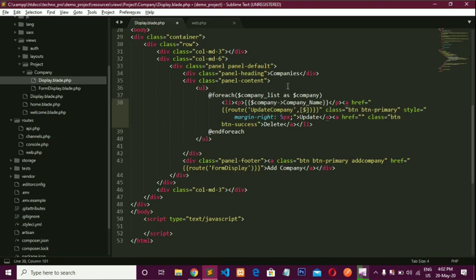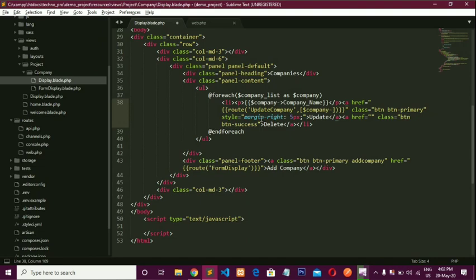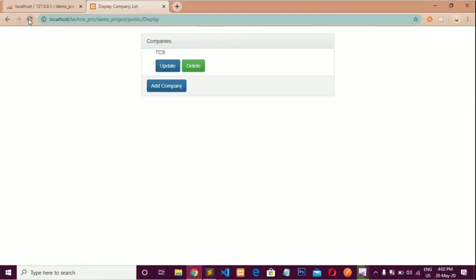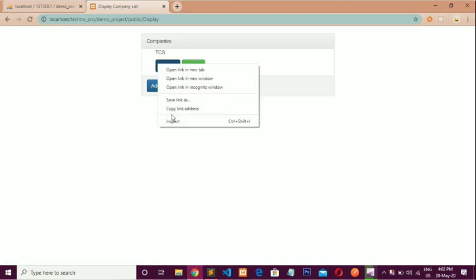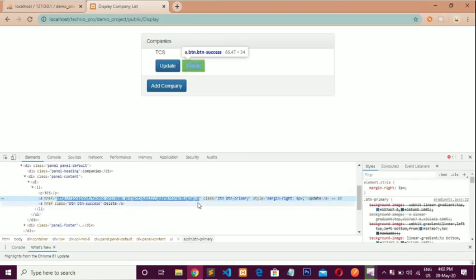Here we need to pass id, so company and id. Now save, go to our browser, refresh and see in inspect. Here you can see this route is made of update slash form slash display slash a.